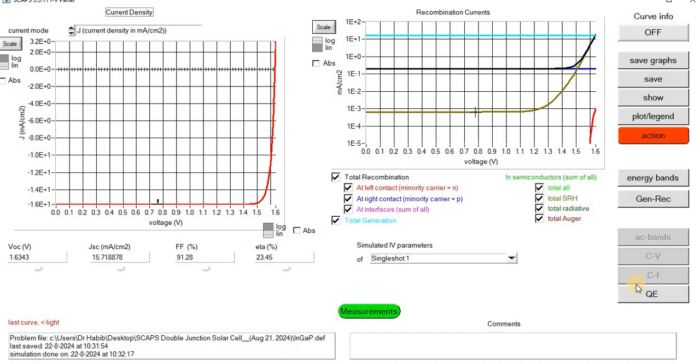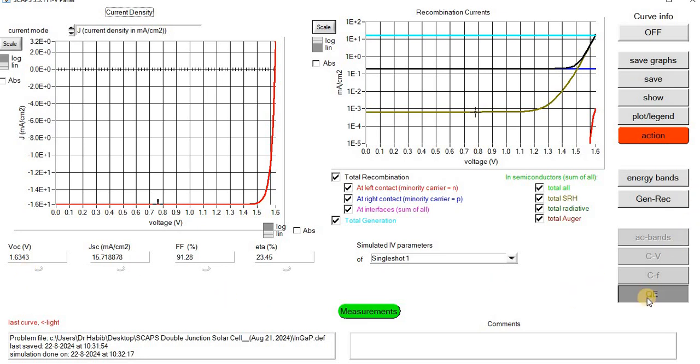Similarly, we also want to look at the quantum. So the efficiency of this top solar cell is 23.45, fill factor of 91.3, JSC of 15.72, VOC of 1.634